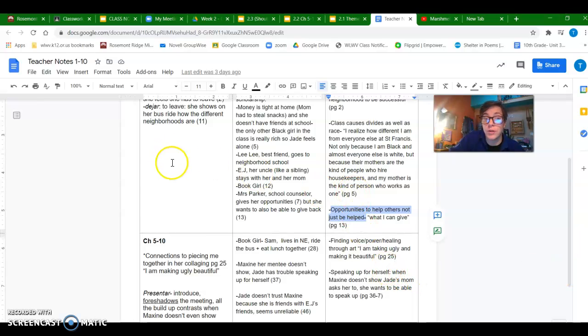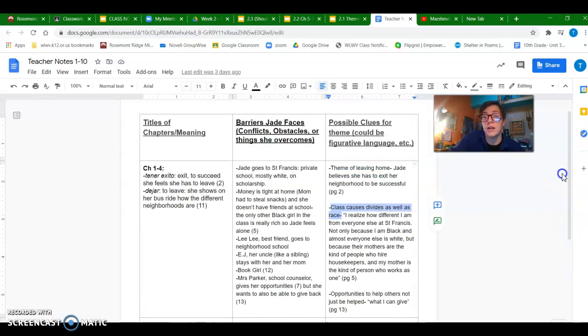So again, just like with the first column with the chapter titles, it's more important that you've got fewer bullet points and more of your thinking. So if you only have 2 bullet points for each of these columns, that's perfectly fine. I'd rather have you go deep and share what you're thinking than have a really long list short on ideas. So this is here for you to refer back to if you ever feel stuck in your notes,